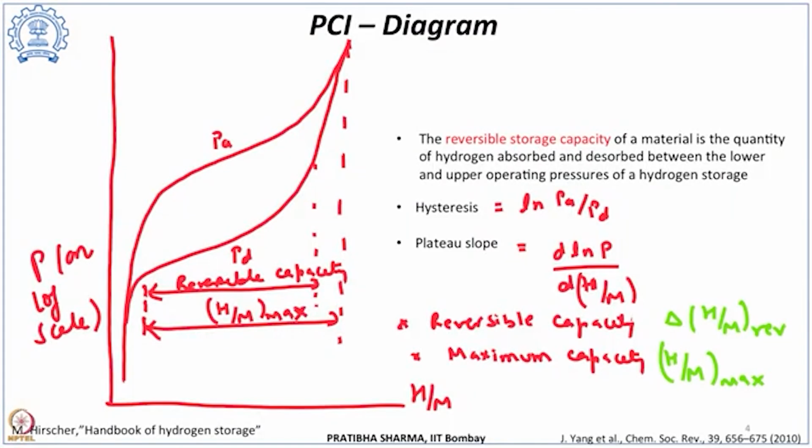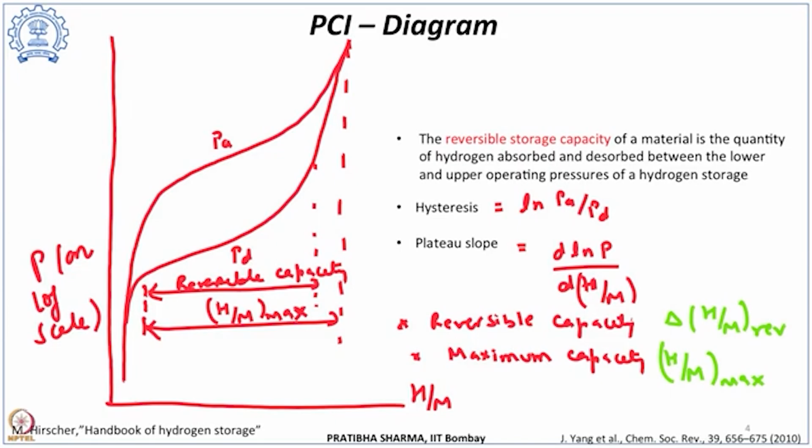So, if we consider a PCT curve or PCT diagram, we can see that this is a typical pressure composition isotherm which is having a sloping plateau, and then there is a hysteresis as well. So, this is, let us say, the absorption curve and this is the desorption curve. So, there exists a plateau slope, there is a hysteresis, and then we can identify the different terms in this